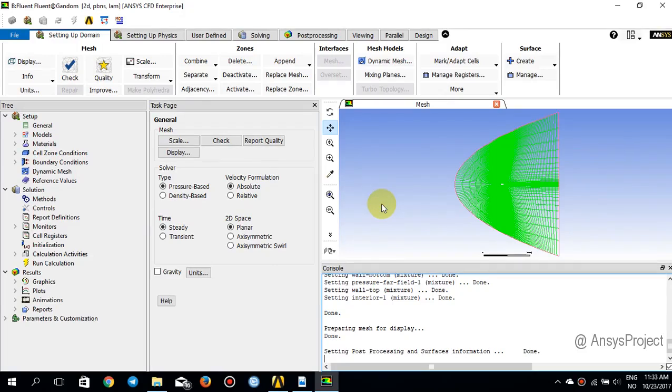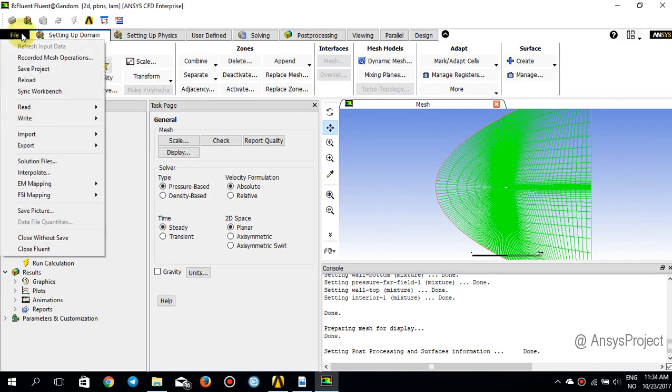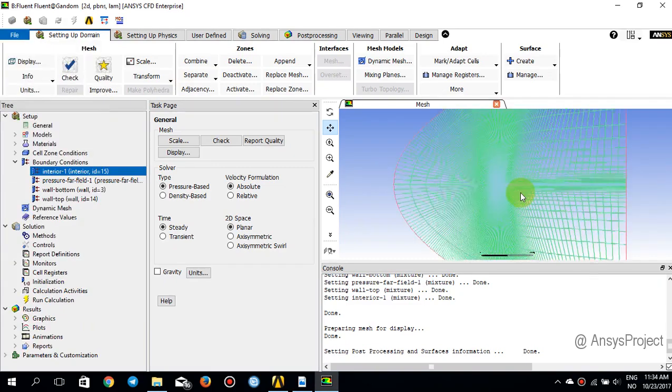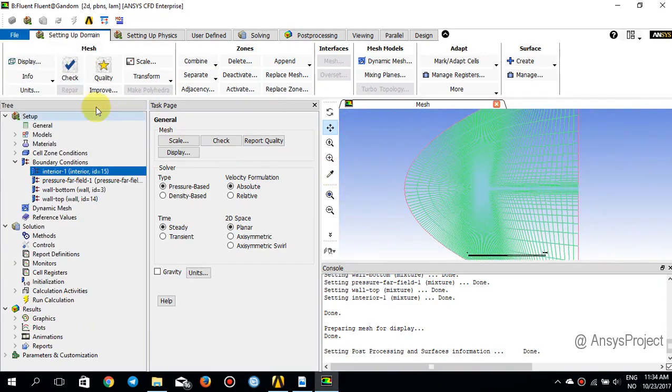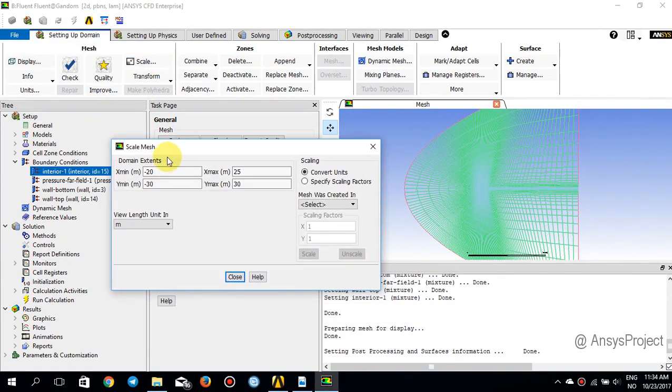Alright, this is a tutorial for an external flow over an airfoil, compressible flow over an airfoil. The geometry is just an airfoil and the mesh is already created. What we have done is just to load up the mesh in Ansys Fluent. If you look at the mesh itself, if you go to scale, you see that the extent of the domain is from -20 to +25 in X and -30 to 30